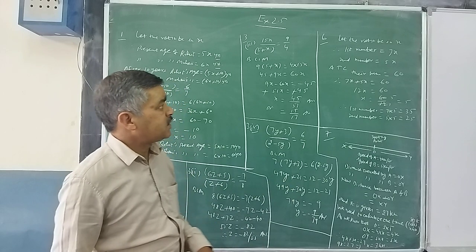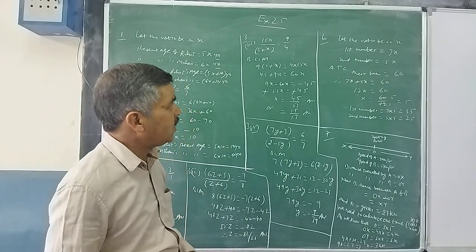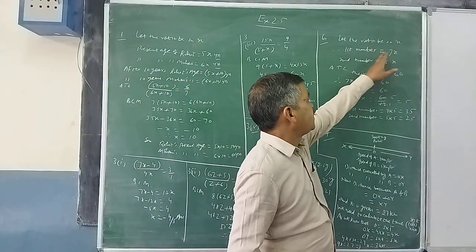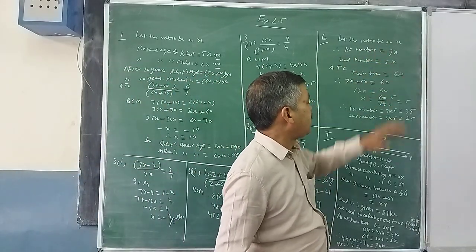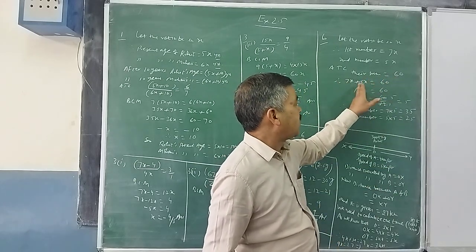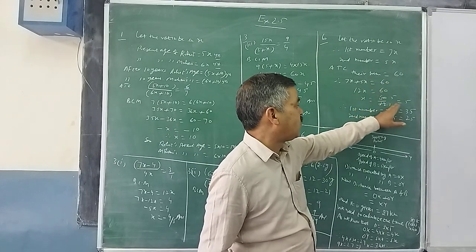Then your question number 6: there are two numbers in the ratio given. So let the ratio be x, as I said in the very first step there. So your first number will be 7x and the second will be 5x. Their sum is given equal to 60. Apply the condition. Write the sum of 7x and 5x, 12x, equals 60. x will give you 5.